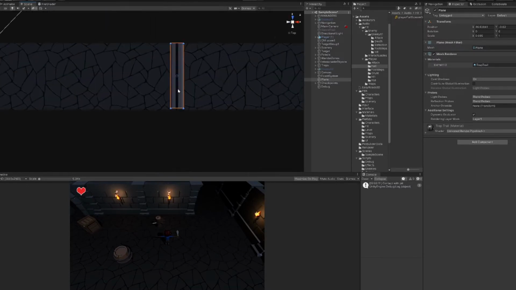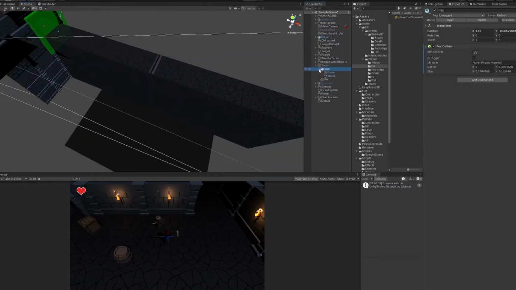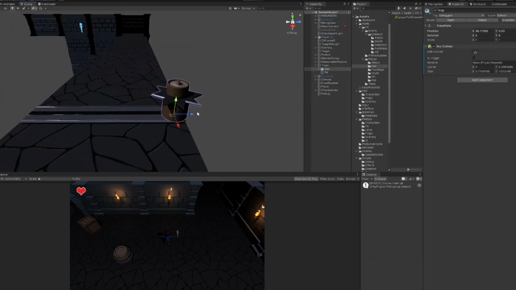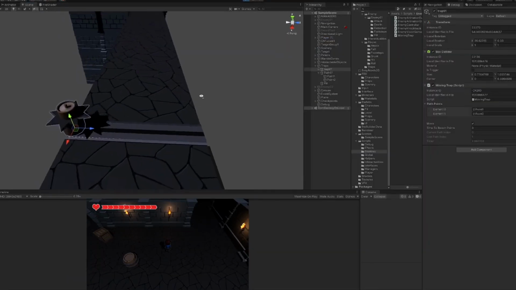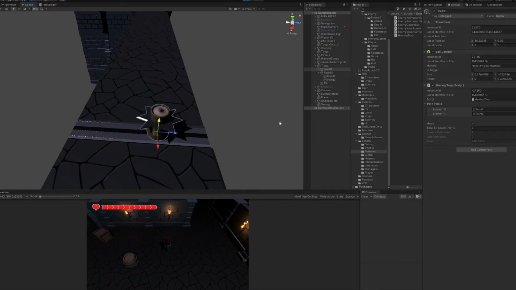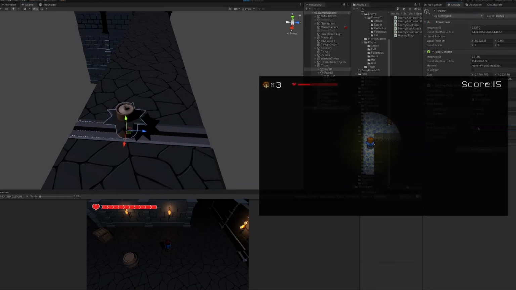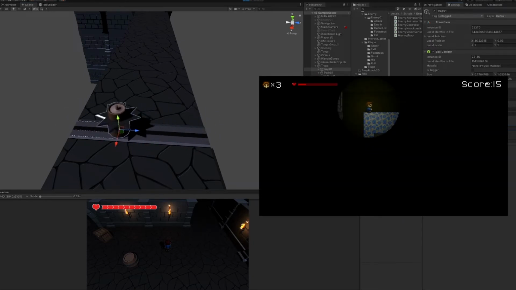Hence, the moving traps. I installed some railings and traps in the corridor, and made a small script to let it move along the path. I can control the speed of the trap by determining how many seconds it will take to reach the next point. This will help to balance difficulty of these parts, as the original Prisoner had really unfair corridors with traps.